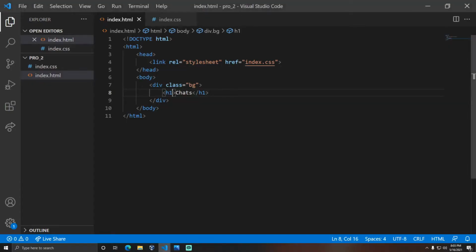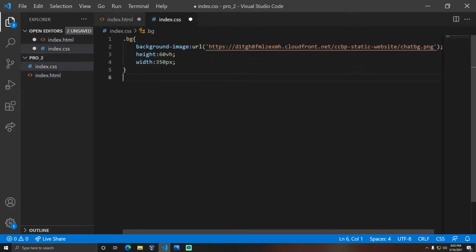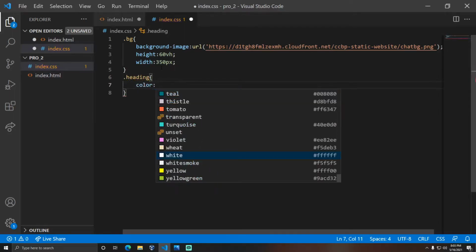In order to change the text color from black to white, you need to apply one more style, that is called color. For the heading I am going to apply the style using the class name heading, where dot heading represents the class and heading is the class name, as we previously discussed in our video.